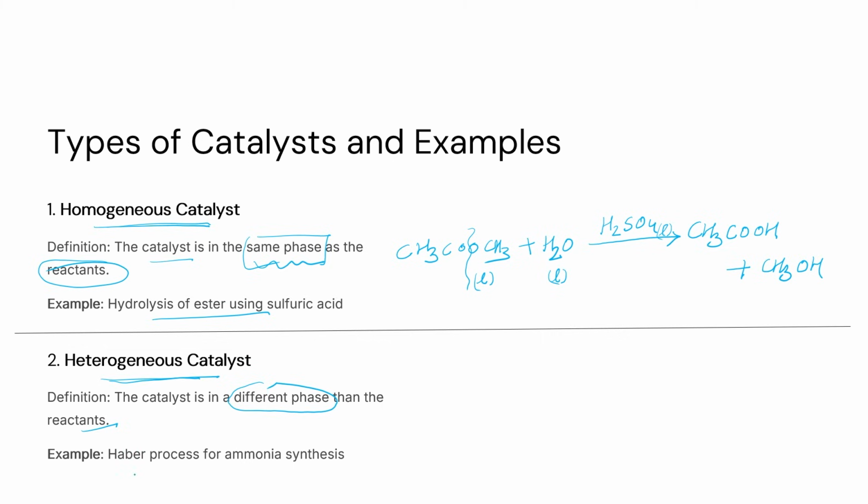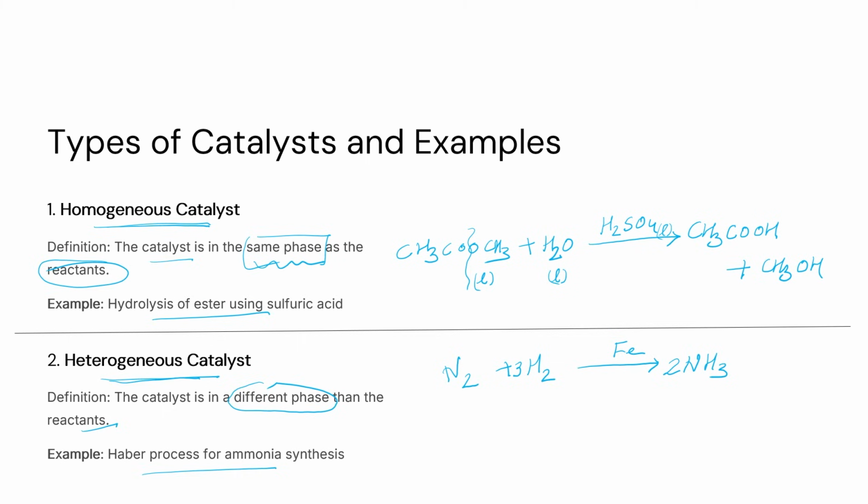And the classic example of this is the synthesis of ammonia using Haber's process, using iron as a catalyst. So in this particular case, you have nitrogen. It chemically reacts with hydrogen to form ammonia in the presence of the catalyst, that is iron. If I balance this reaction, I add 2 over here. There are 6 hydrogens there on the product side, so I add 3 on the reactant side, so the total